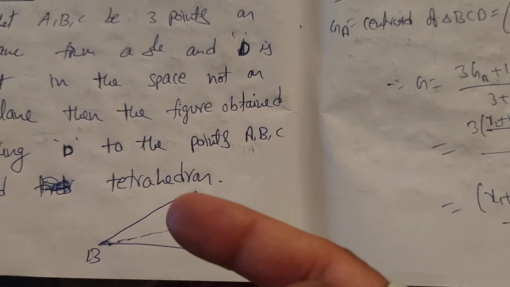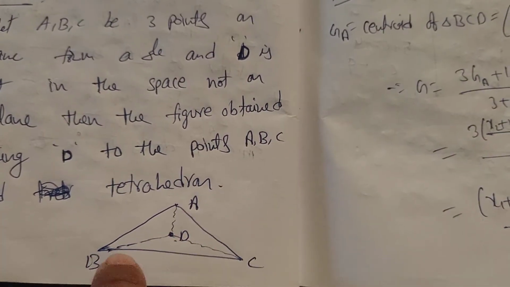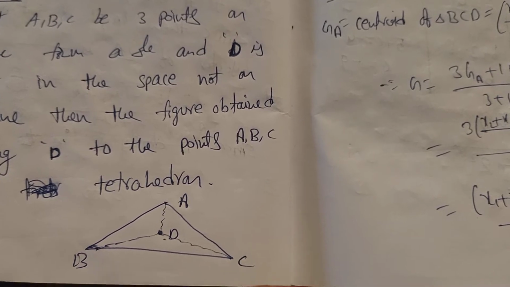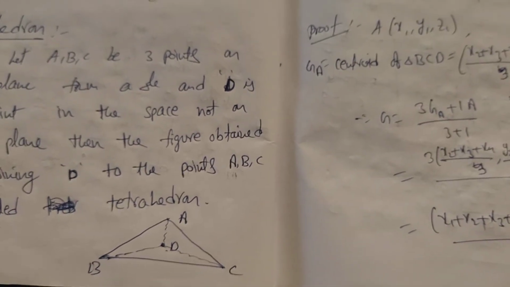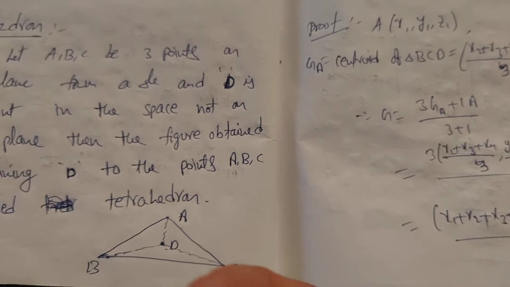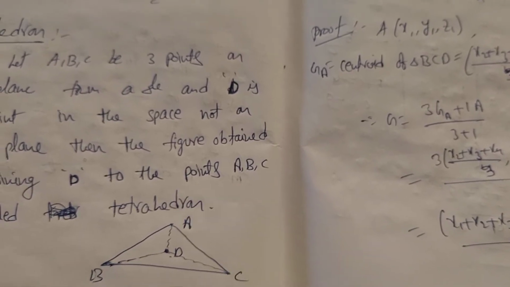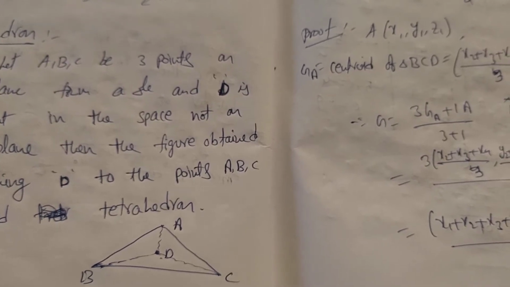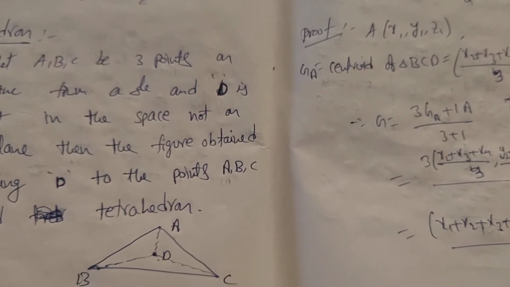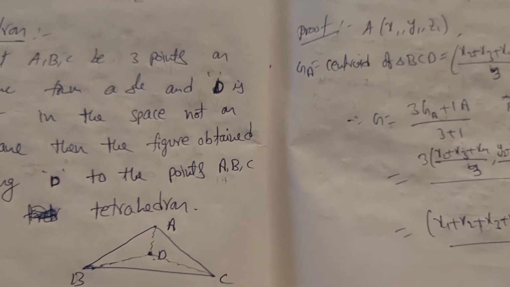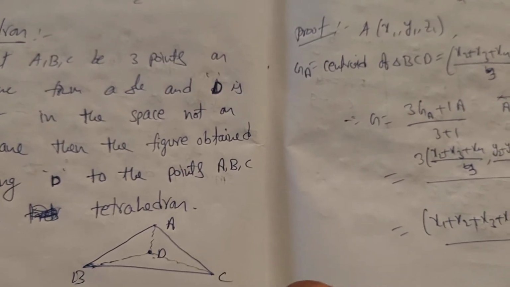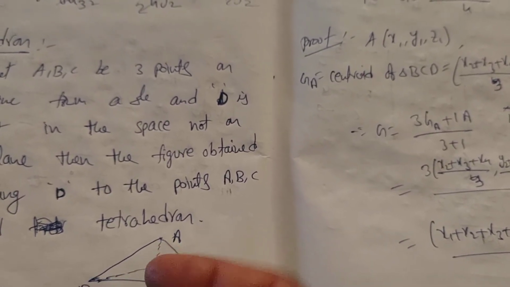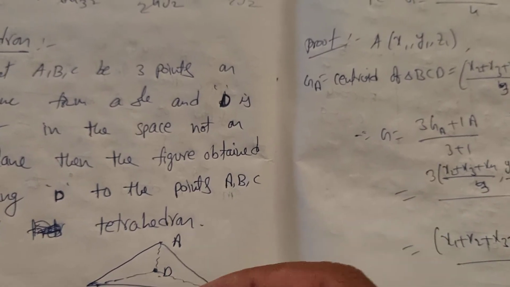In this object ABCD we have some space inside. In that space, G is the centroid. If G is the centroid of the tetrahedron, I will explain how it is found. I will explain the formula for that centroid, but you understand G is in the space inside this object.